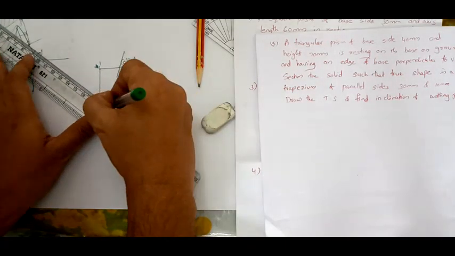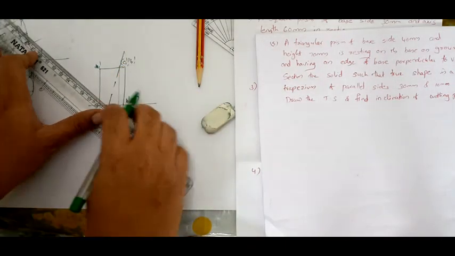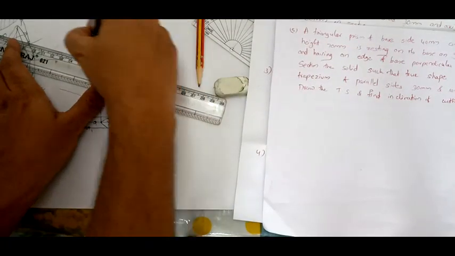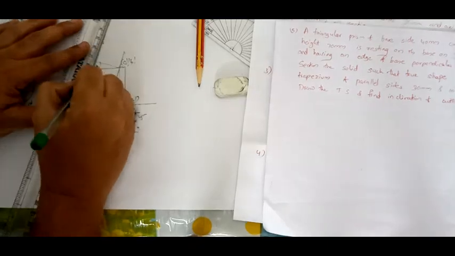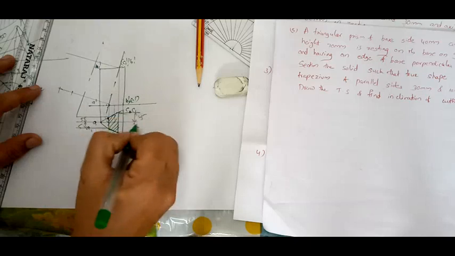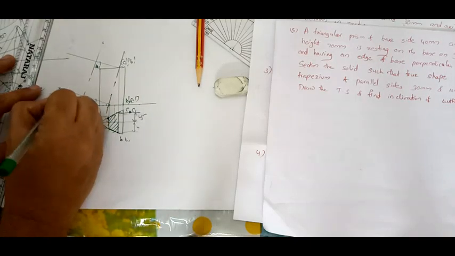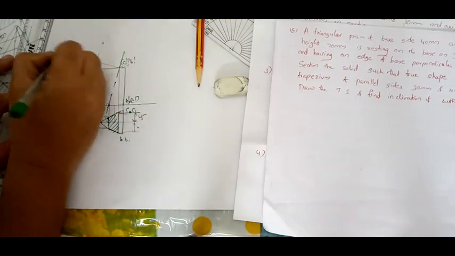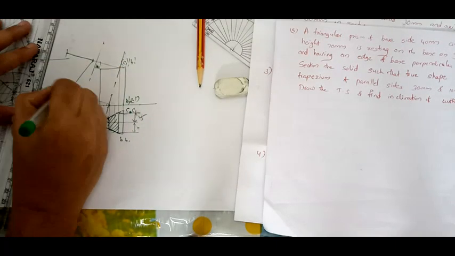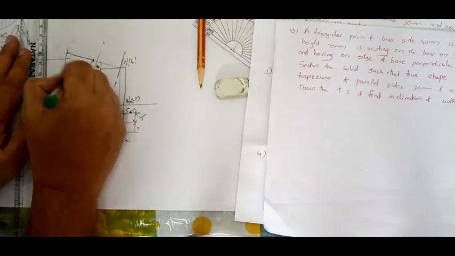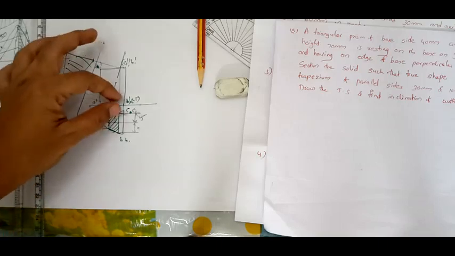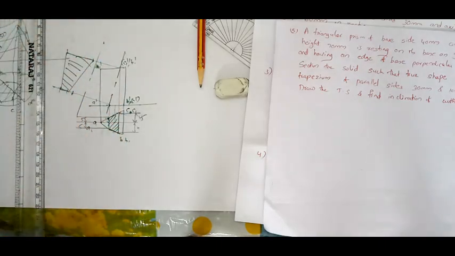In order to find the true shape, you have to draw perpendicular lines from here. So draw perpendicular lines from these two edges. Now draw a parallel line. Take these distances, cut it here, and similarly these distances also, you will be cutting like this. So you will be getting the true shape like this. You know already, I need not explain. Take these two distances, cut it here, take these two distances, cut it here. So you will get the trapezium.